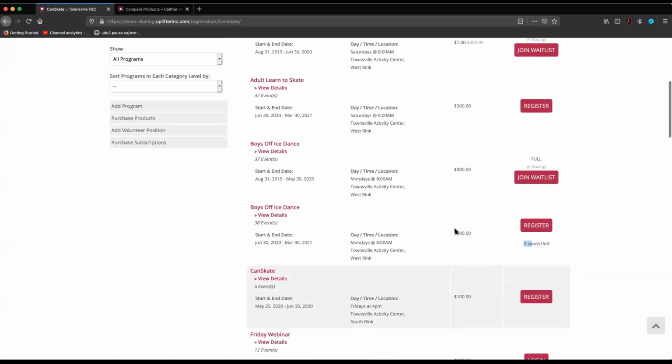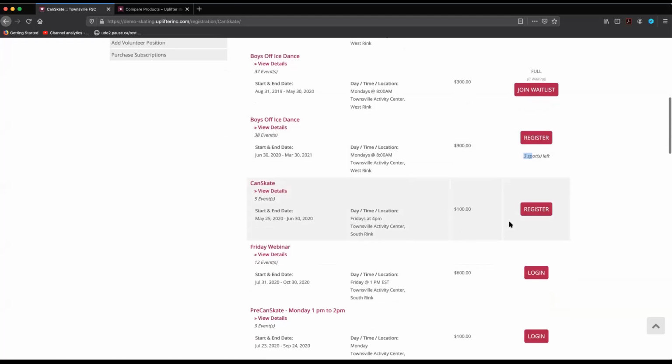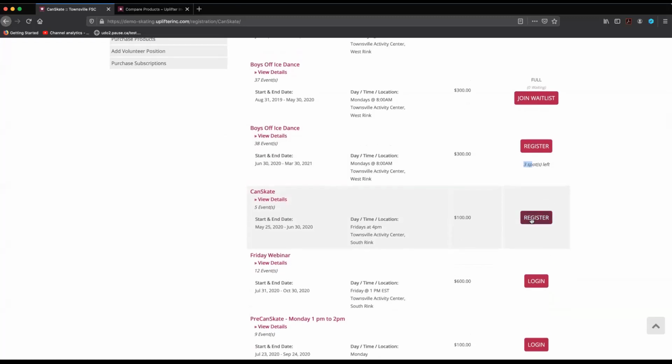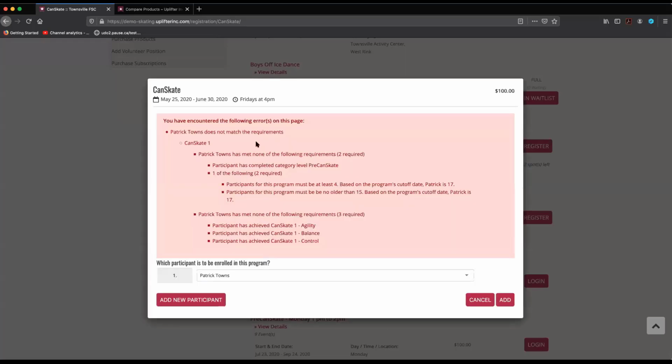Here we are on our registration page. With Uplifter, you can set up registration restrictions as you require. So here, I'm going to click register for my Canscape program, and I'm going to try and register Patrick Towns. Now, I believe he's probably too old for this program. Yes. So in this case, I've set up a restriction that prevents Patrick from registering because he's too